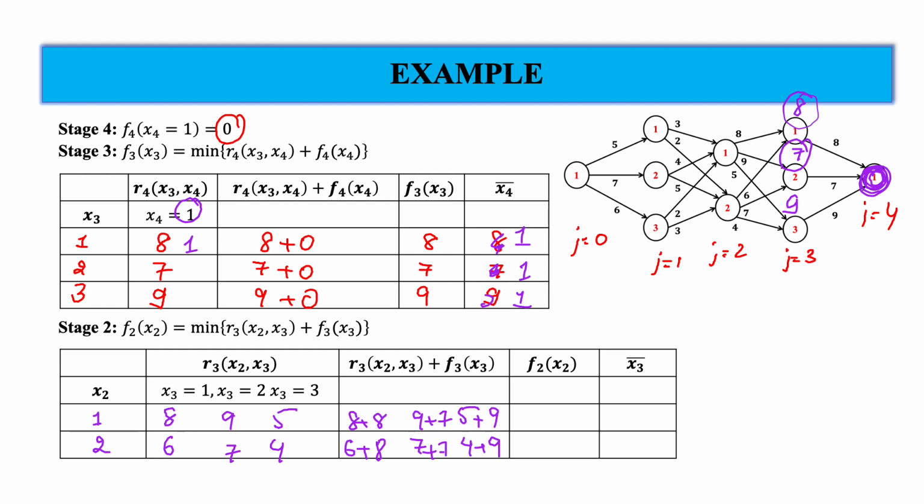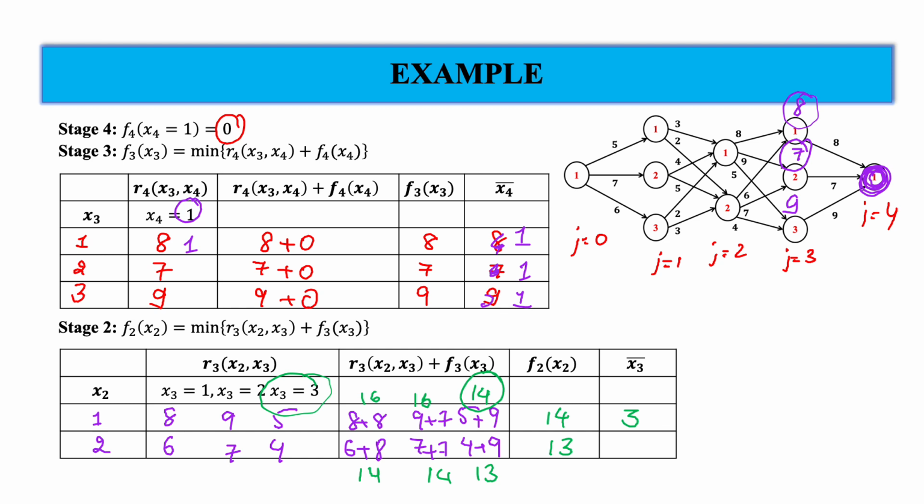So now if you check the values, this is 16, this is 15, sorry, again 16, this is 14. Now this is 14, 14, 13. So what is the minimum value out of these three? 14 is minimum, and out of these three the minimum is 13. At what stage are we getting 14? We are getting it at x3 equals 3.